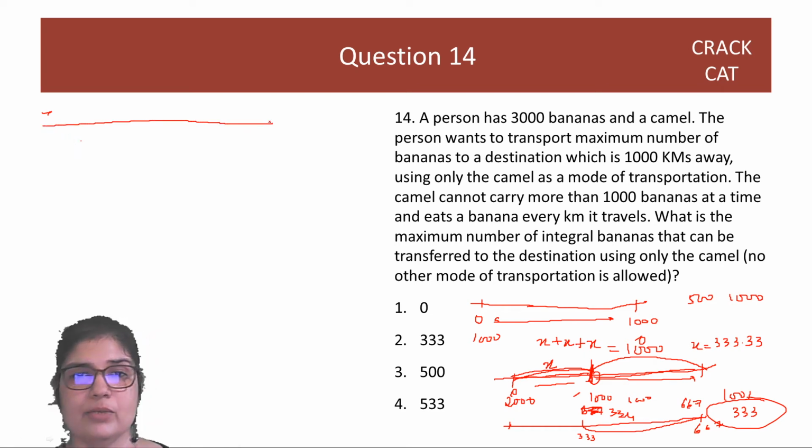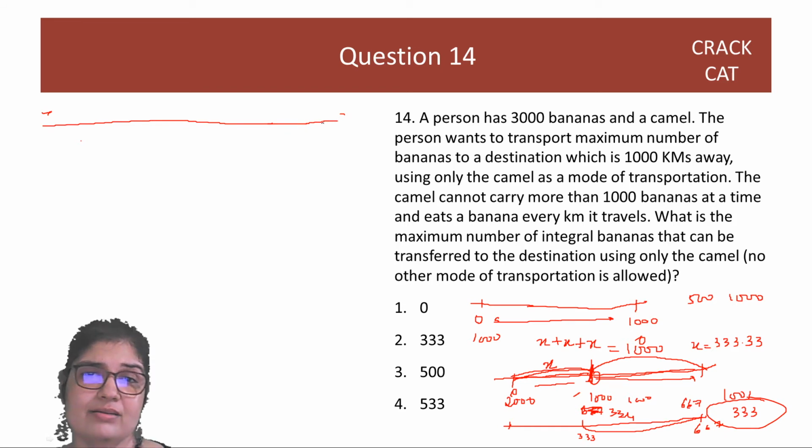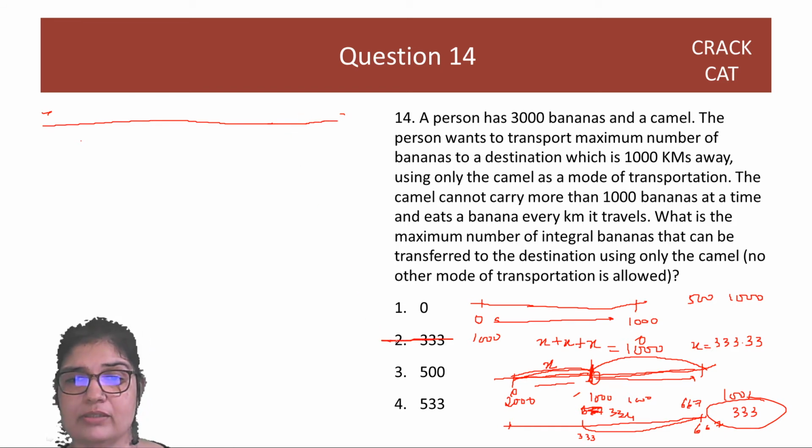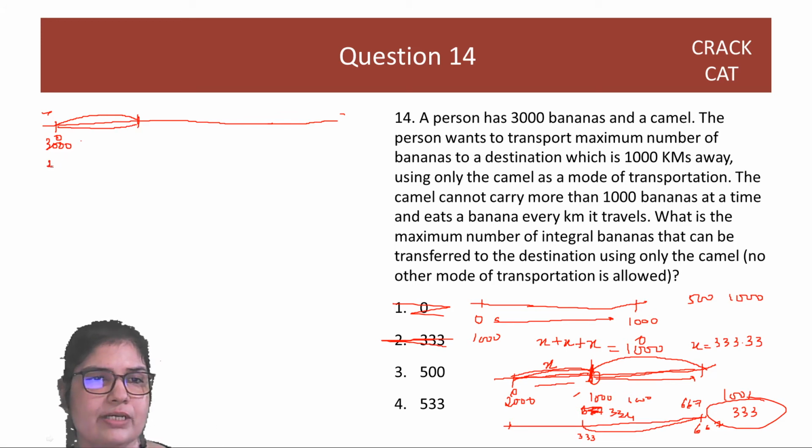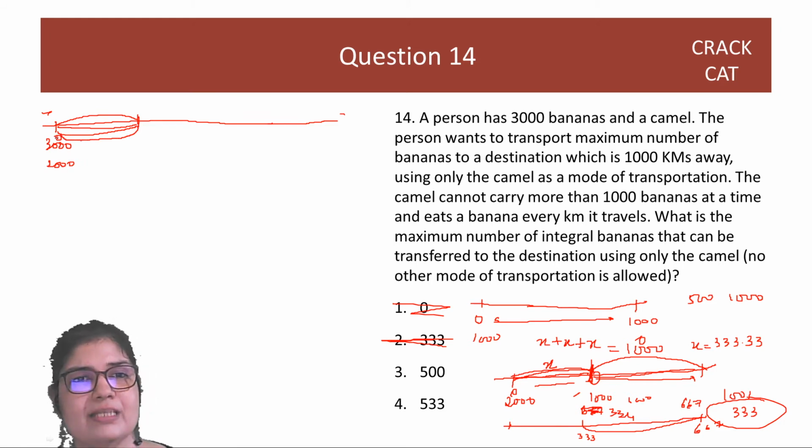So now our question here is not 2000, it is 3000. But anyways, we know the answer is more than 333. So this one is gone, zero is gone too. Okay. So first time he starts with 3000 here at point 0. He goes, dumps, comes back. Now 2000 are left. See, he always starts with 1000, right? He takes another 1000. So he goes, comes back. That's 4 trips. And then he picks up the final 1000. So 5 trips he takes to reach here, so that your 3000 becomes 2000.